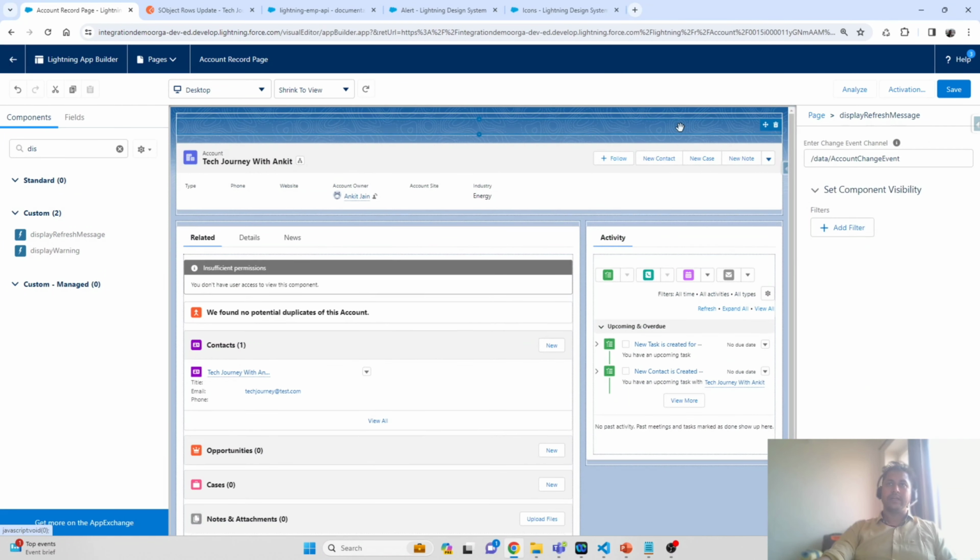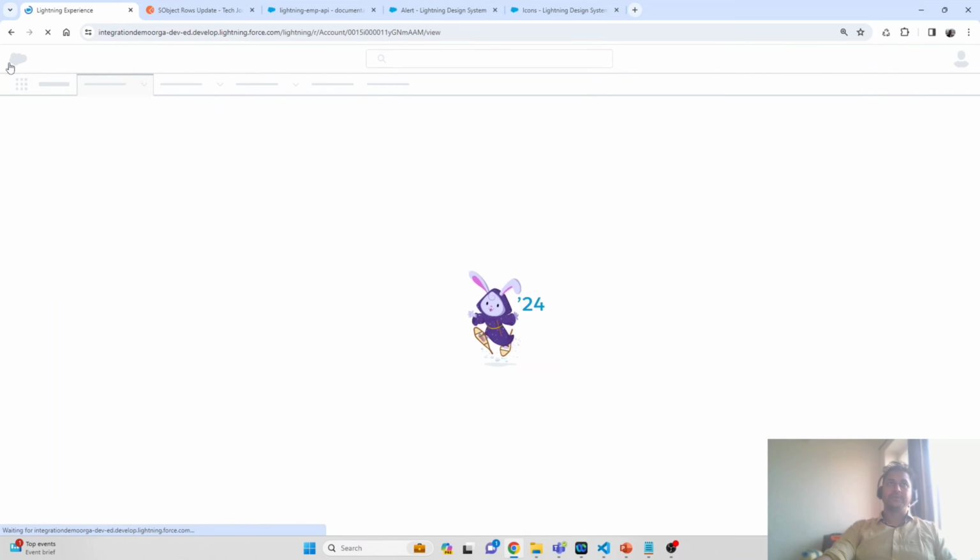So let me go and drag and drop it. Here you can see I have added this component. Let me click on save. If I go back now,